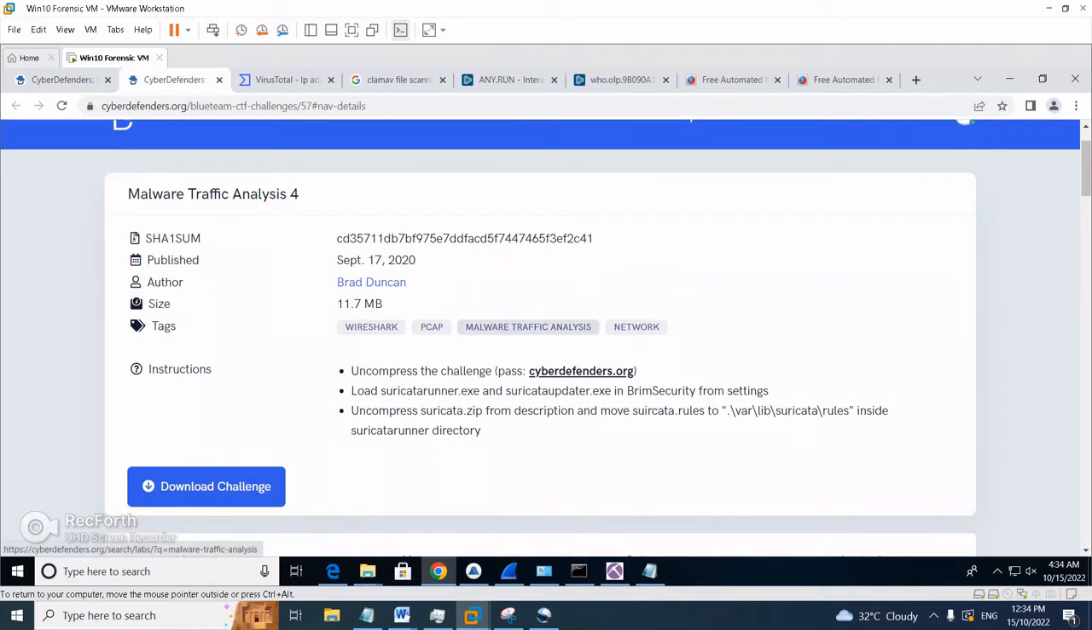Okay, hello again. So this time we'll deal with another cyberdefenders.org challenge. The good thing about these challenges is you get to deep dive on the incident, and you get to learn a lot doing forensics, be it host or network. This time we'll do the fourth installment of the Malware Traffic Analysis Challenge,